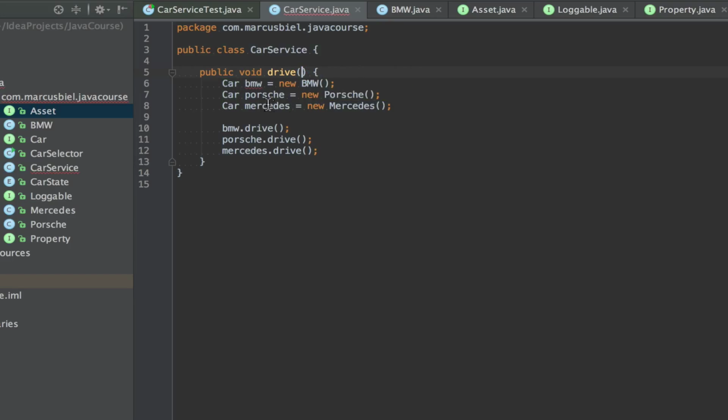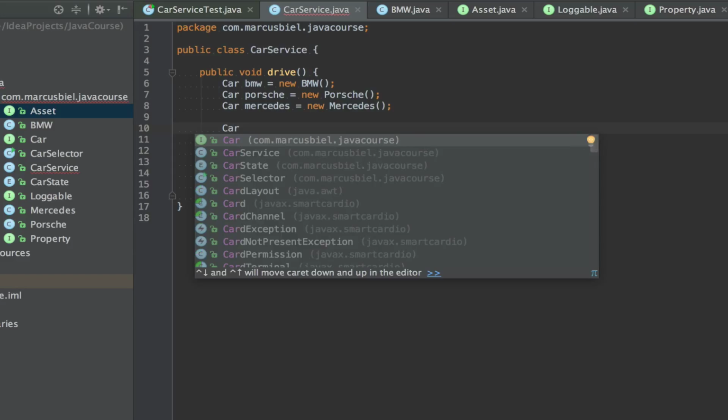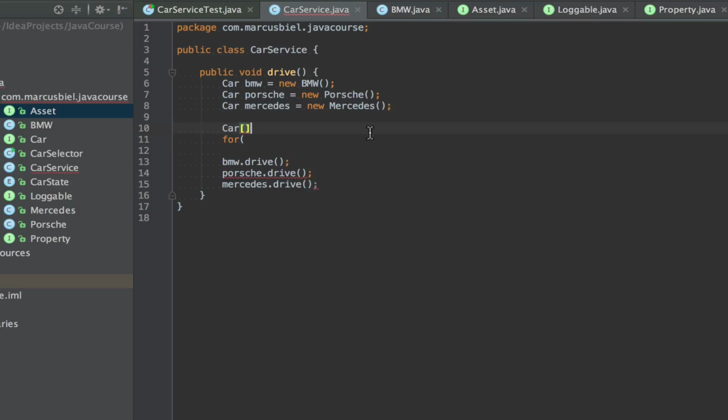Okay. So now I want to have a for each loop, and for this let me put all these cars into a car array. We've also already talked about arrays. So I call this cars equals to, and now the short definition, and I can even do it on the fly to make it even shorter. New BMW, new Porsche, new Mercedes.